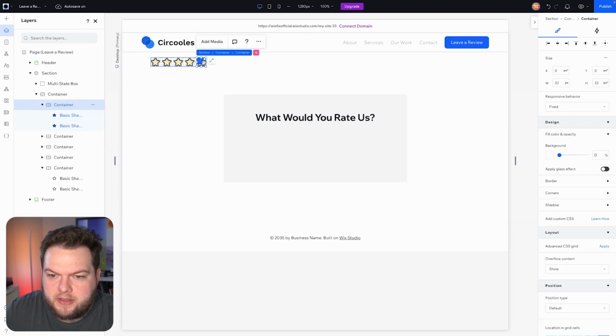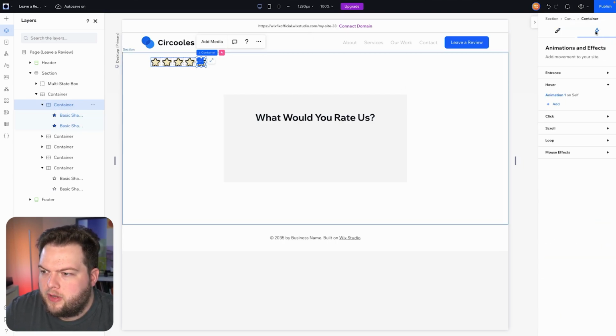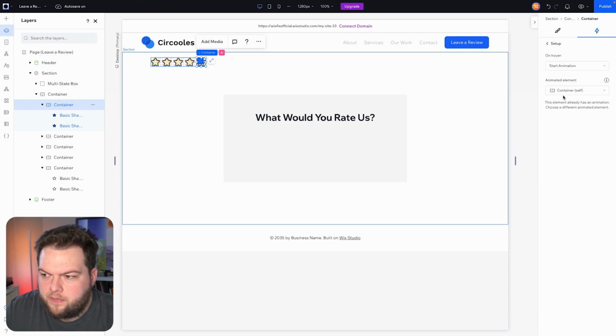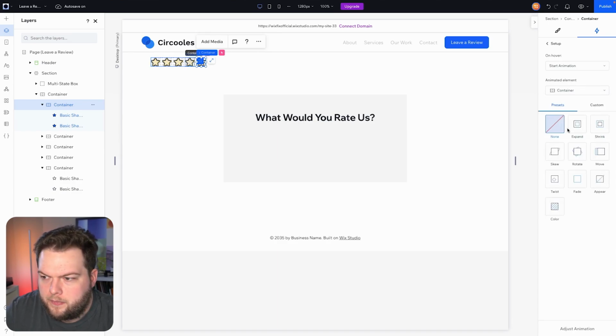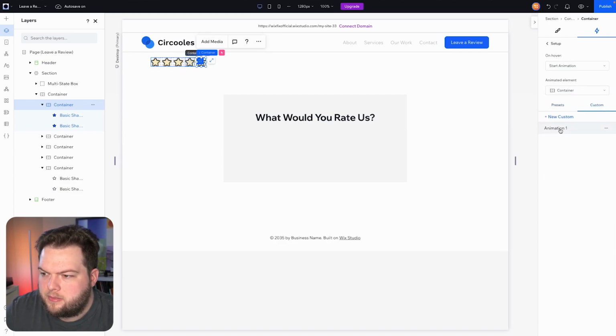So we'll grab this container, and if we go over to animation and effects, you can see this is the one with the hover animation on it. Perfect. And what we're going to do is add another animation. Now we can't do it to itself, so we want to do it to another container here. And as I'm hovering over these, if you look over here on the artboard, you're going to see they're kind of highlighting the other containers. So what I'm going to do is select number 4, and I'm going to select the custom animation that we